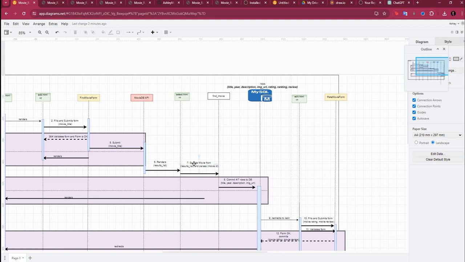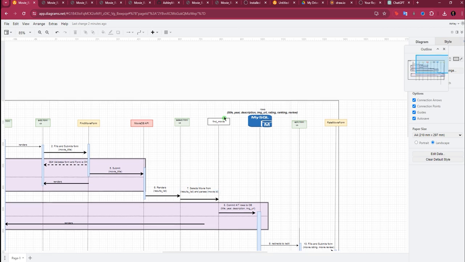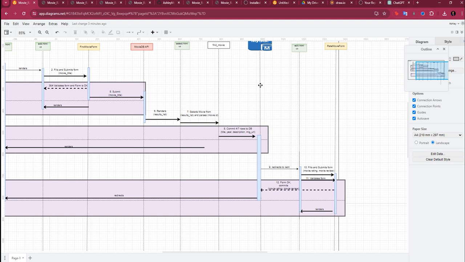And then when the user, the actor, selects a movie from the result list, I'm going to pass in the movie ID into this endpoint. So once the user selected a movie and now we know the movie ID that they want, we're going to now know the title, year, description, and movie URL, which are going to be passed into our database. And this is 4 out of 7 roles, because we have these 7 roles. 4 out of 7 roles will be submitted into our database at this point. And then